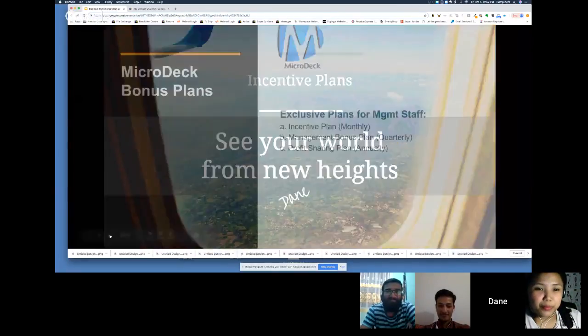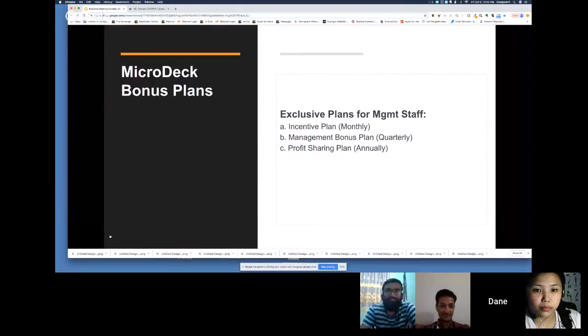Okay. So basically, in HR, there's going to be a lot of plans, right? But the plans that we're talking about in this meeting are basically bonus plans or incentive plans. I consider that we as a group are the management level of the company. So for the management level, there's going to be 3 plans, and you can see on the screen, right? You don't have to take notes. Put your pen down. Thank you.